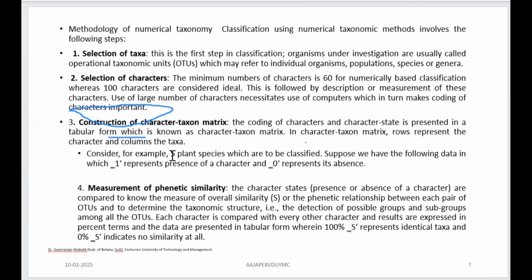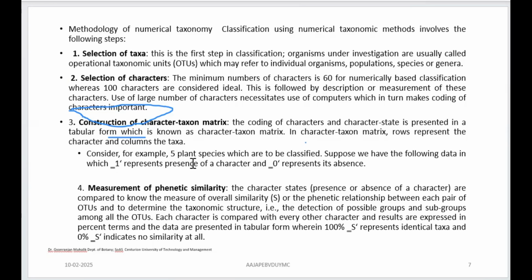For example, here an example of plants is given so that you understand it easily. 5 plant species are to be classified. Suppose we have the following data in which 1 represents presence and 0 represents absence. So how we give the presence of complex leaves, for example: you give 1 if it is present,